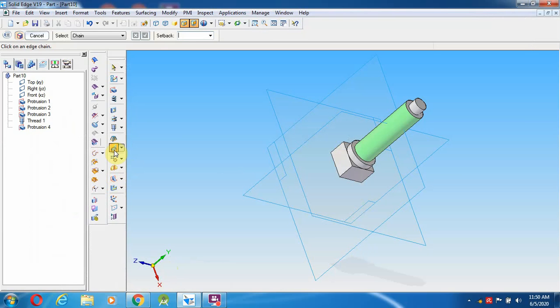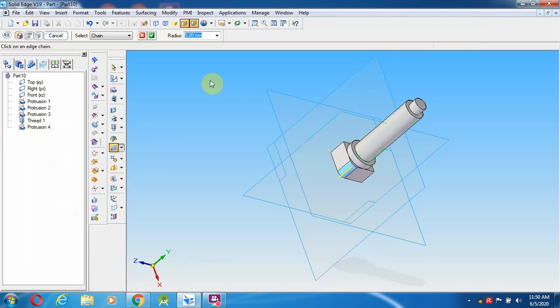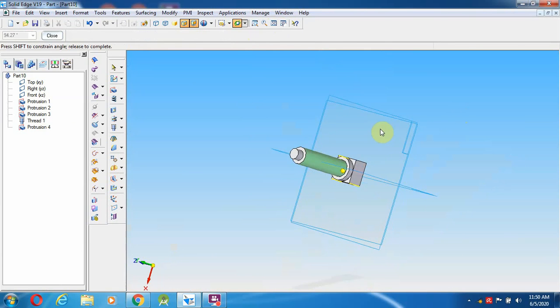You can even do that from here itself: round from here, 2 mm, enter, 2 enter, 2 enter. Okay, so this is 2 mm.